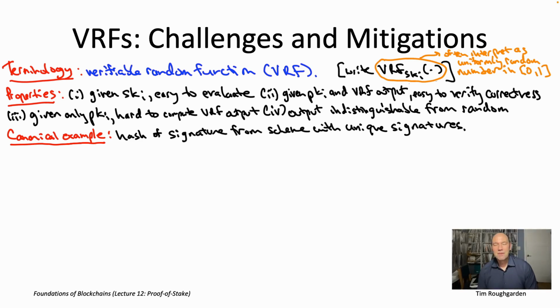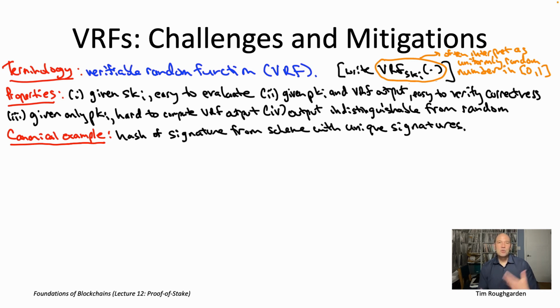We also talked in the last video about a canonical construction of a VRF, which is really just to use a digital signature scheme, with signatures kind of playing the role of VRF outputs. You do want to use a signature scheme that has unique signatures. So for a fixed message and a fixed secret key, there's only a single signature which would cause anybody knowing the public key to accept the signature. Right, if you don't have that property, then you can grind over multiple possibly correct signatures, which would manipulate the randomness. You don't want that. So you really want unique signatures.